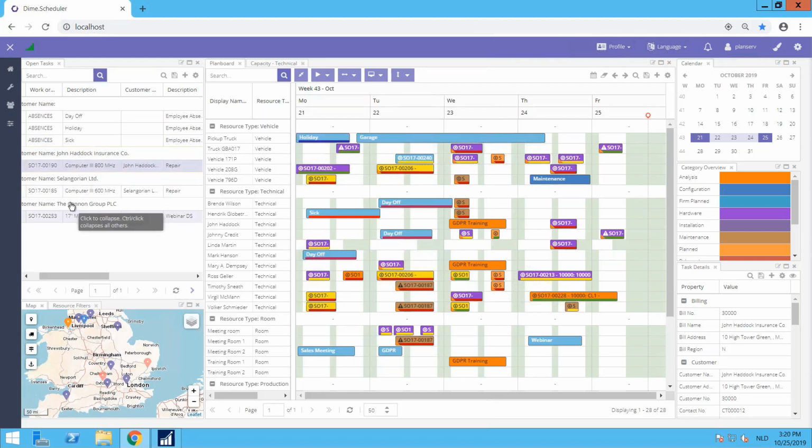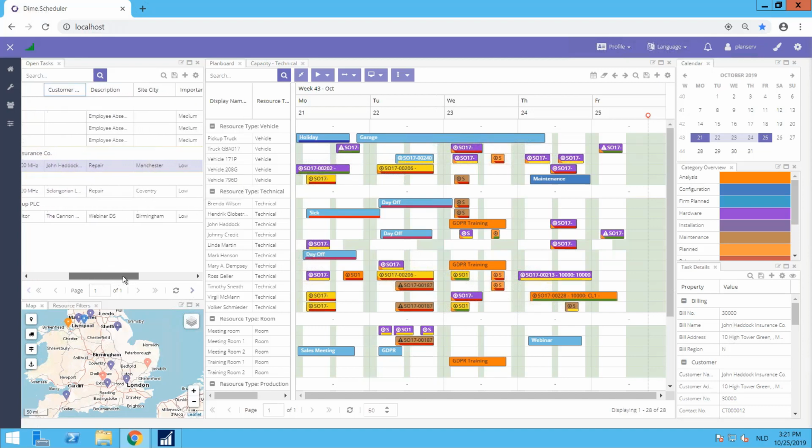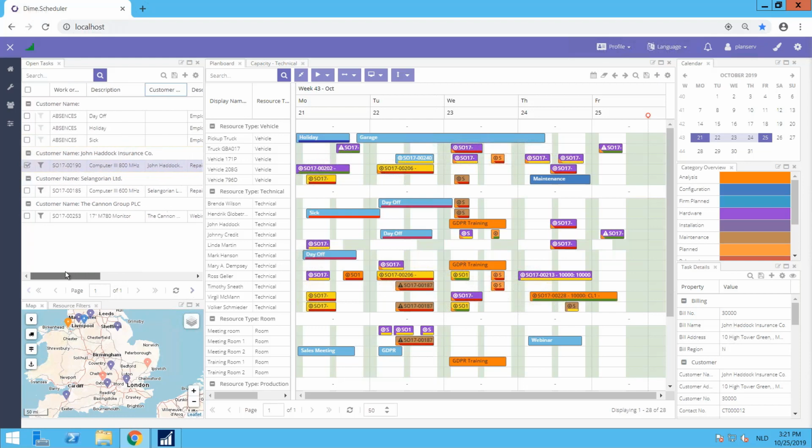And I'm seeing that for my customer, the Canon group, because I have now, as you can see, grouped nicely by customer, I need to go and install a specific piece of hardware, a 17-inch monitor. As soon as I click